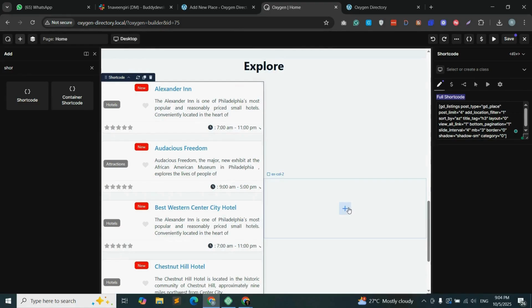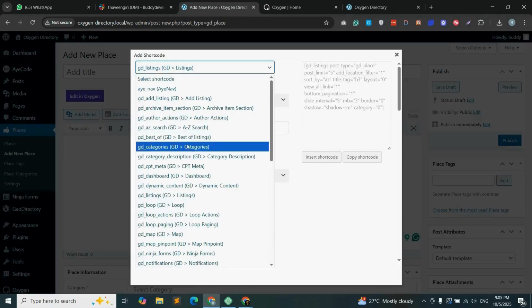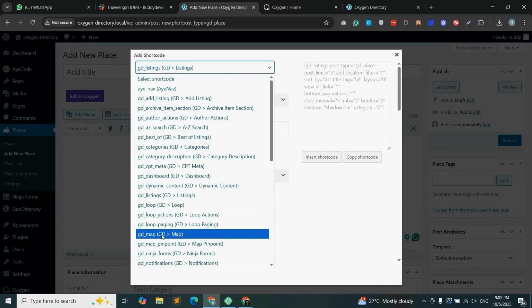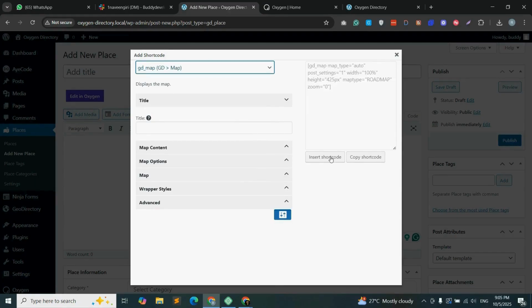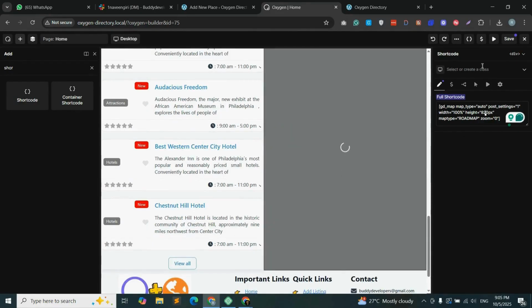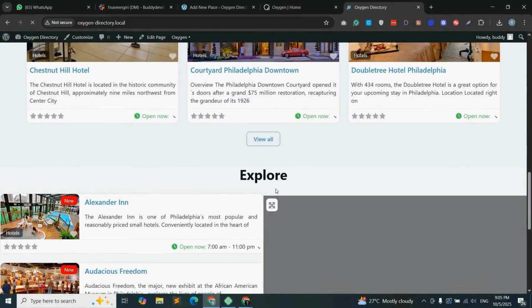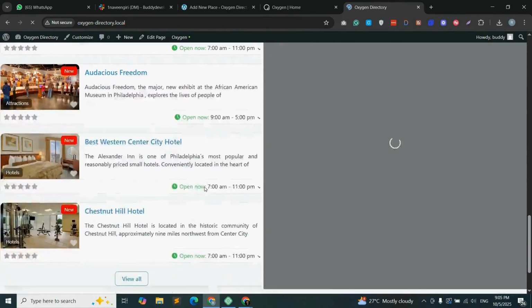So again taking up a shortcode block over here, then coming back, searching and selecting GD map shortcode, then copying the shortcode and then coming back to the builder and then pasting into the shortcode box. So we are editing it to 800 pixel, then save it and then come on to the front end and refresh and see. So now our explore section is ready,